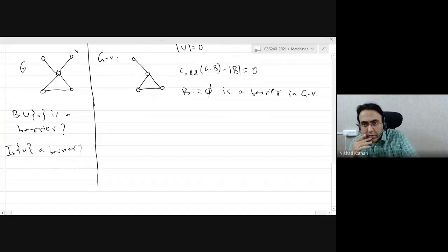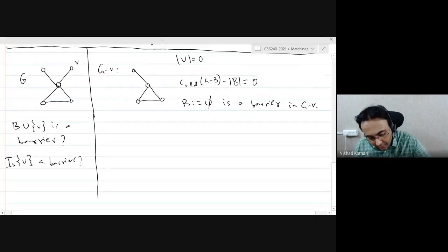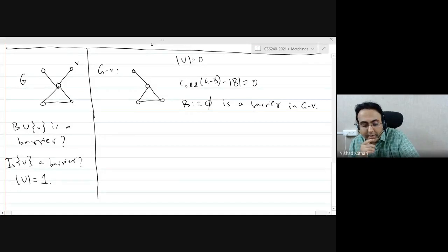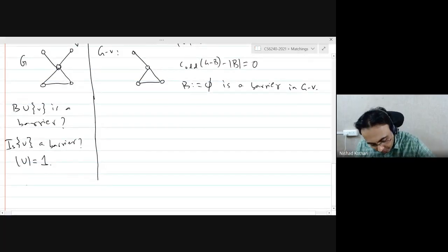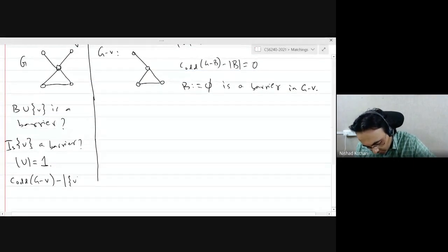Well, it's not, because, what do you want for this graph? The number of unmatched vertices in any maximum matching is equal to 1, right? Because the size of a maximum matching is exactly 2 edges, and you've got 5 vertices, so one vertex remains unmatched. And in this case, if you check this quantity, the number of odd components after deleting the vertex V minus the cardinality of the set V,